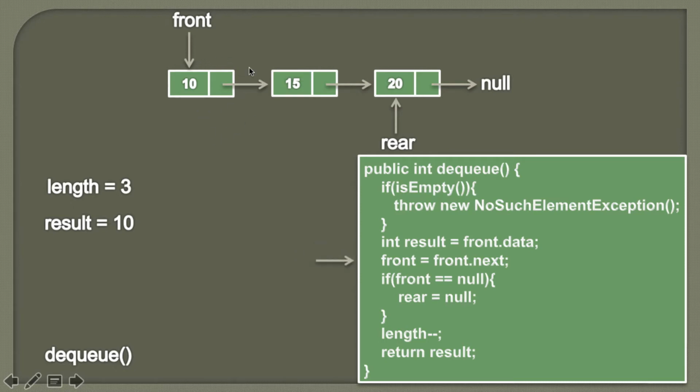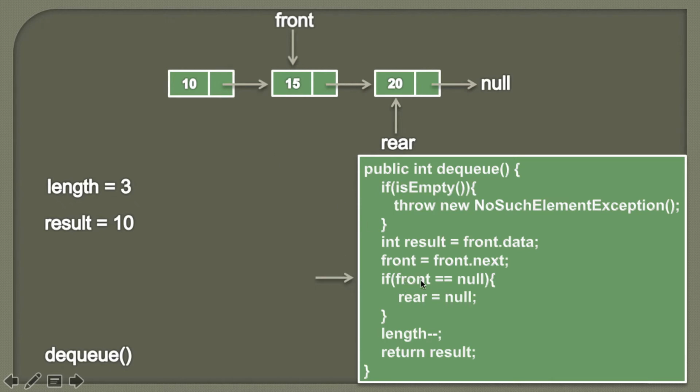Now friends, in order to remove this node from the queue, we know that it is being referred to by the front node. And if we break the link from front to this node, then this node can be removed easily. So in order to do that, we are simply assigning the value of front.next to front, so that once this node is removed, 15 becomes our new front. So it would look something like this. Moving ahead.